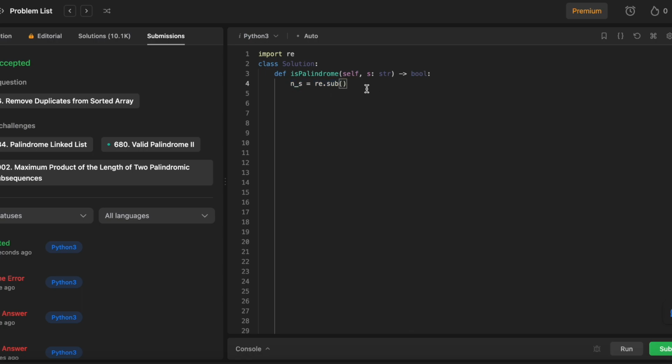And now we want to pass in three things into this function. We want to pass in the pattern, the regular expression pattern that we're looking to match. We want to pass in the string that we are going to substitute that pattern with, and then we want to actually pass in the string that we're running this regular expression function on. So the first thing we want to do is pass in the pattern. So what are we looking to replace here? Well, we're looking to replace any character that is not an alphanumeric character, and that would be any